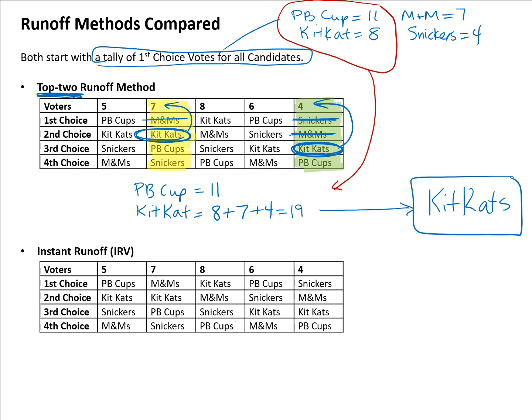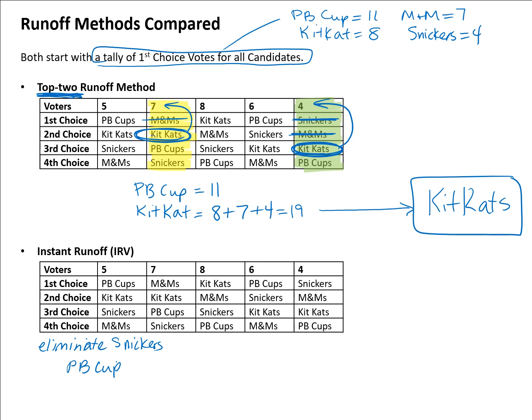So in a top 2 runoff, you just have a single runoff tally. Instant runoff's a little bit different. With instant runoff, you're not going to go down to the top 2 at the beginning. What you're going to do in instant runoff is eliminate one candidate at a time. So we're first going to eliminate the candidate with the lowest votes, and that's Snickers. So if we eliminate Snickers first, that means peanut butter cups goes into a second battle with Kit Kats